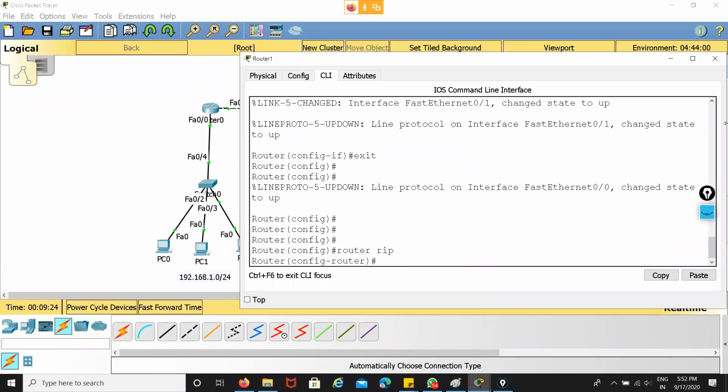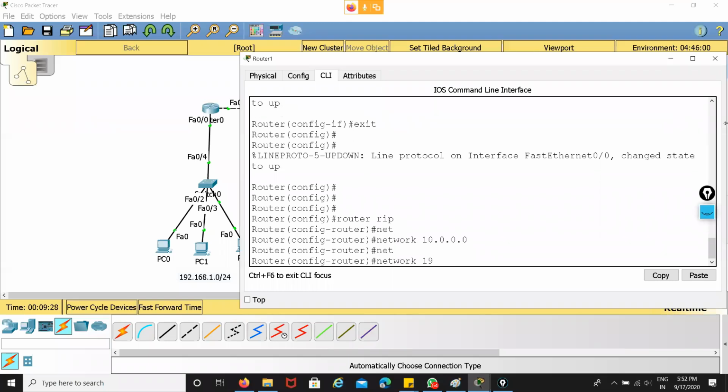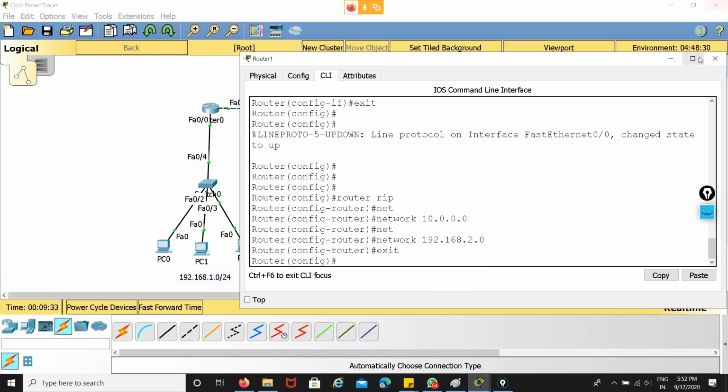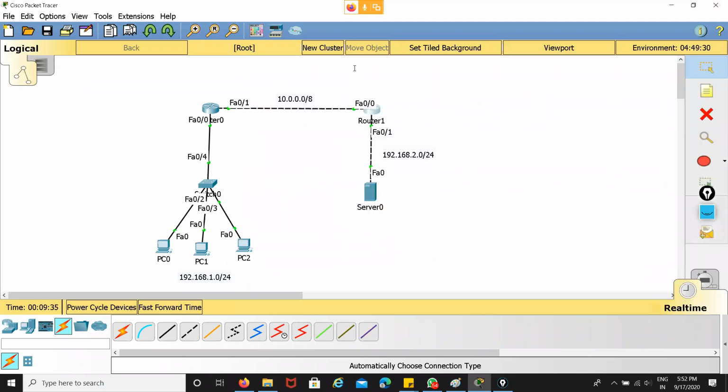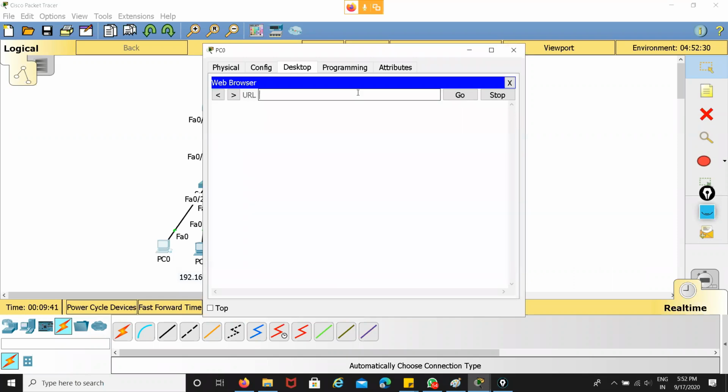Router RIP, network 10.0.0.0, network 192.168.2.0. Okay, so now you can see all these LAN devices are able to access cisco.com.